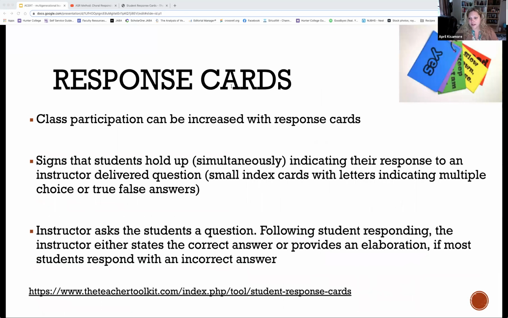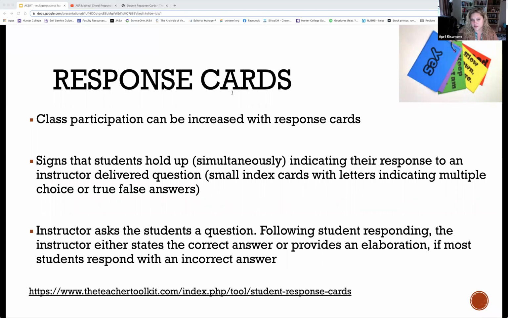Another technique that you might consider using, and this one is kind of old school, and I have to admit that it's a little bit more challenging to incorporate whenever you're doing a digital classroom, but it's response cards. So response cards are cards or signs that students can simultaneously hold up, indicating their response to an instructor-delivered question. There's a lot of research to support the success of using response cards to increase the frequency and accuracy of student responding, increase scores on quizzes and tests, and then reduce disruptive behavior across students with diverse learning histories,